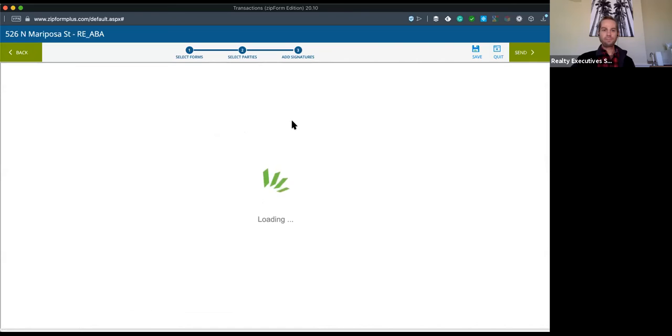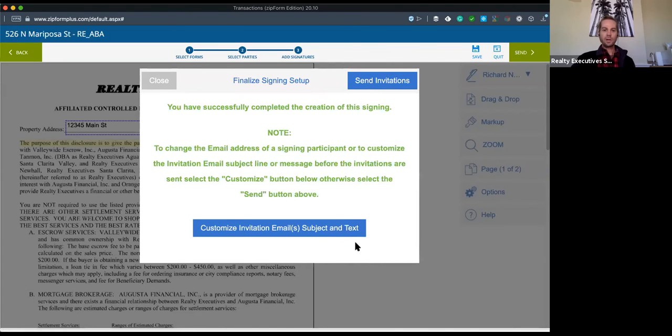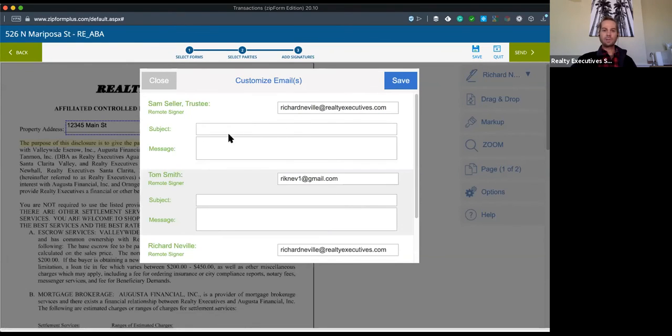We'll go to send now. So here you can customize. This is a little bit different. Before, it would just show you the email that was going to be going out, and then you could click in to edit it. But this gives you, you just hit send if you want to send it using the preset text. Otherwise, you can click on here and customize it. Which is neat because you can customize it for each person that you're sending to,